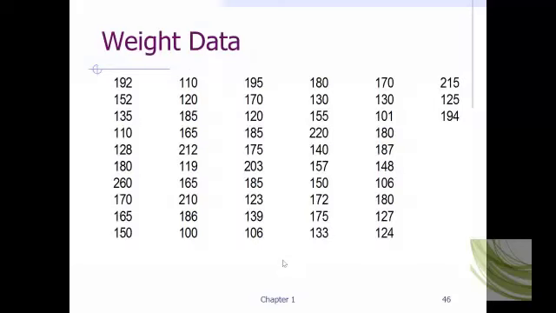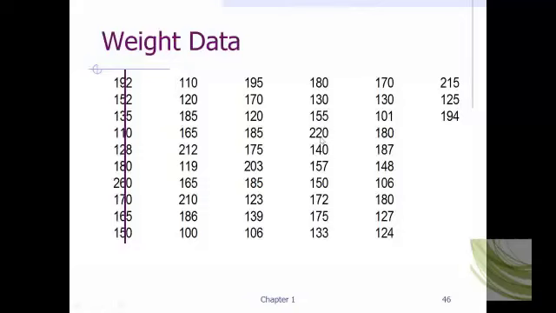So here is our weight data that we've been dealing with, and we're simply going to draw a line between the tens and the ones. So now what happens is the tens is our stem and the ones are our leaf. So we'll put our stems in order, and then we will add the leaves. So let me show you what we're going to do, and let's look at our data, and we go from 100s up to,